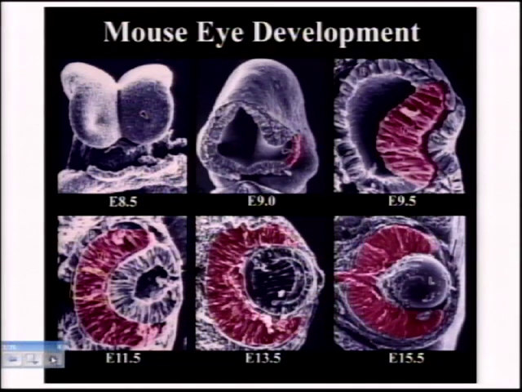And what you see first at 8.5 is the neural folds. These are these two structures here. The neural folds have folded together, and you see these little optic pits at the anterior-most part. This is a scanning EM, at the anterior-most part of the neural folds. And these optic pits are going to form the neural structure of the eye, and that neural structure